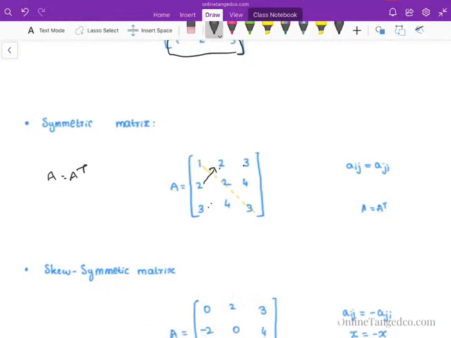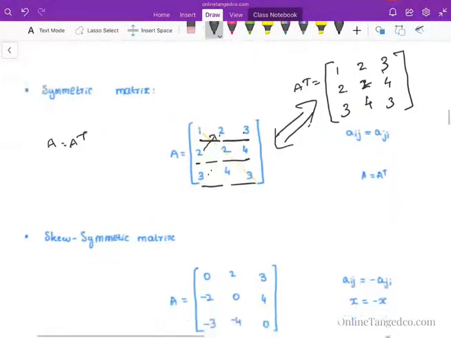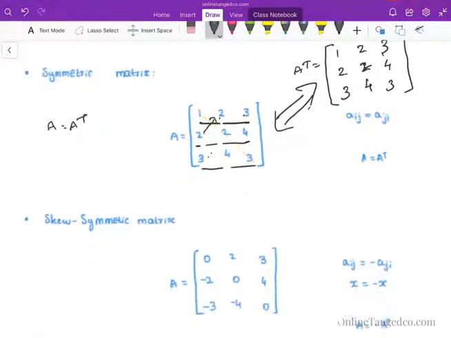As you can see, this is matrix A. Let us calculate the A transpose. A transpose in a sense just interchanges the rows and columns. So this is the first row; write the row values in column 1, 2, 3. Similarly, the second row 2, 2, 4 in the column 3, 4, 3. As you can see, the two matrices are equal: A is equal to A transpose. So this is called a symmetric matrix. In mechanics, the symmetric matrix plays a huge role. For example, the stress tensor is a symmetric matrix.